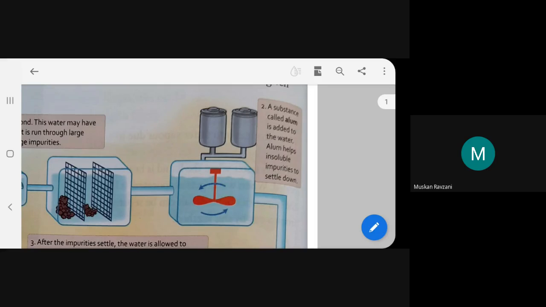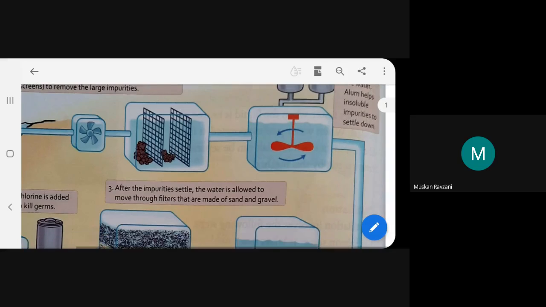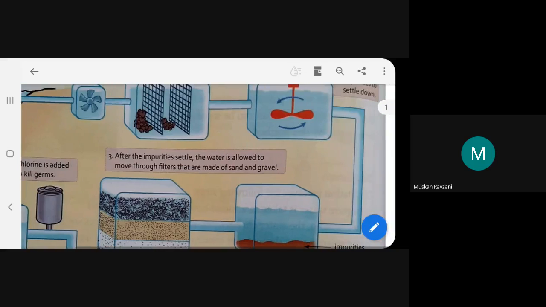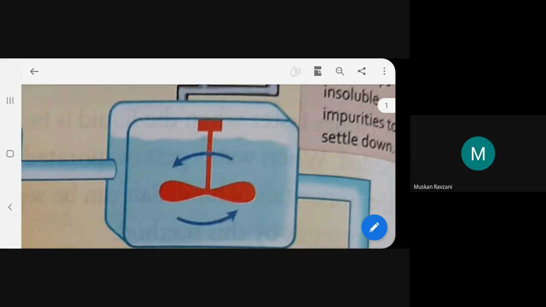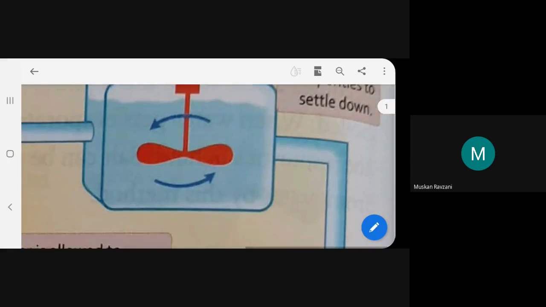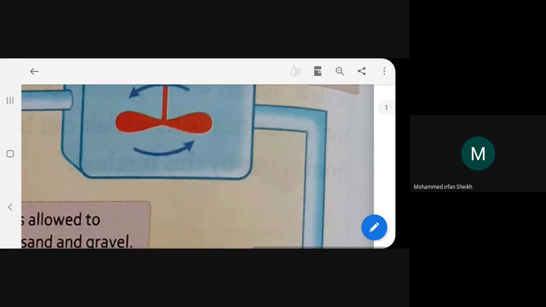All the impurities settle down at the bottom of the tank when we add that substance inside this tank. Now, after all the impurities settle down at the bottom of the tank,